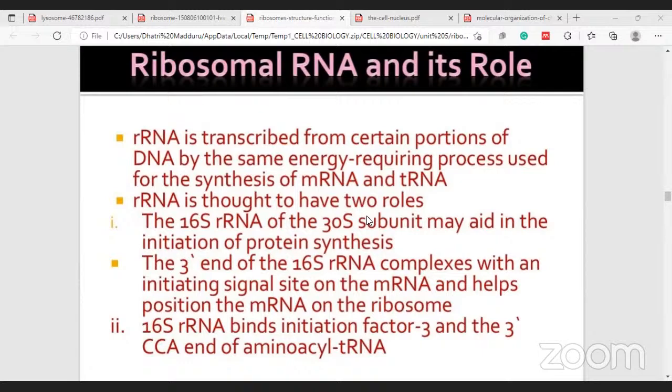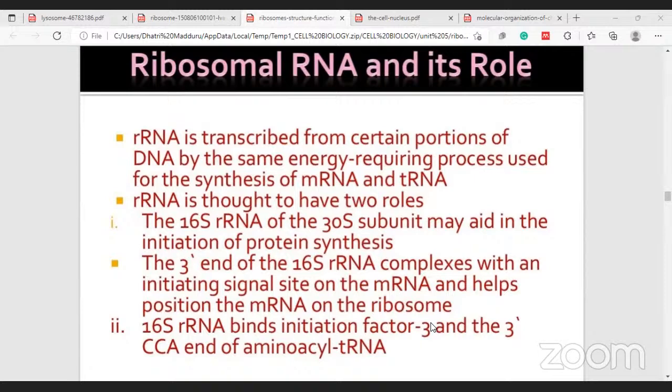So this rRNA has two roles. One is the 16S rRNA of the 30S subunit. It helps in the initiation of protein synthesis. They have some sequences which act as a signal for the initiation of protein synthesis. And the 3' end of the 16S rRNA complexes with an initiating signal site, which helps in the positioning of mRNA